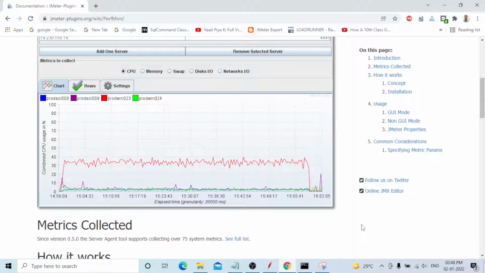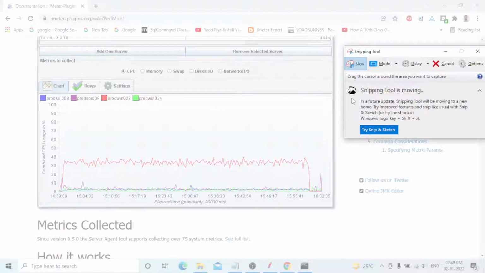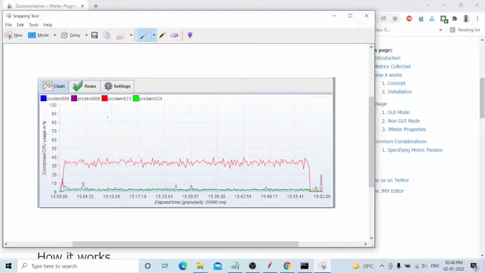You can go to test running time, for example, I will capture something like 40%. You can click on that one and capture the specific metric. You need to capture this screenshot and show it to your client, as some proof. Test execution time: this server will capture only 30%, the remaining servers will capture 100%. You need to show that proof. That is the purpose for which I am showing this.